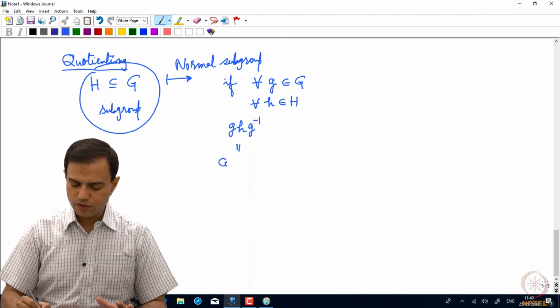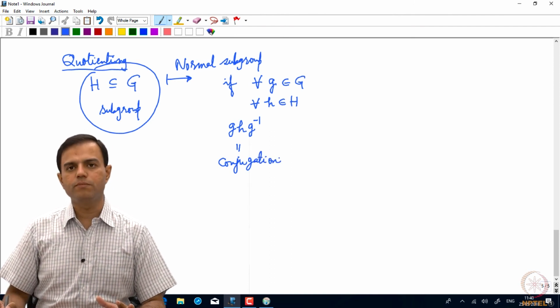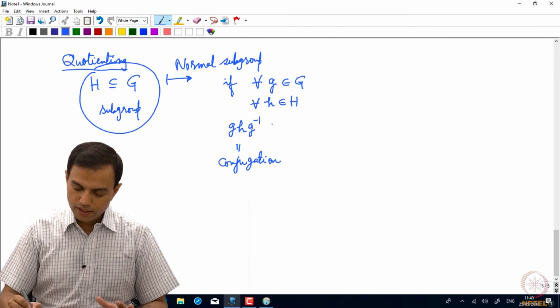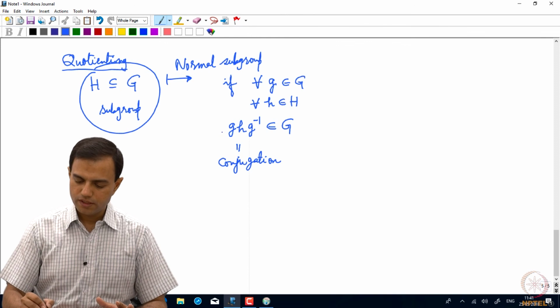This is so called conjugation. You are conjugating H by G, then that should also belong to